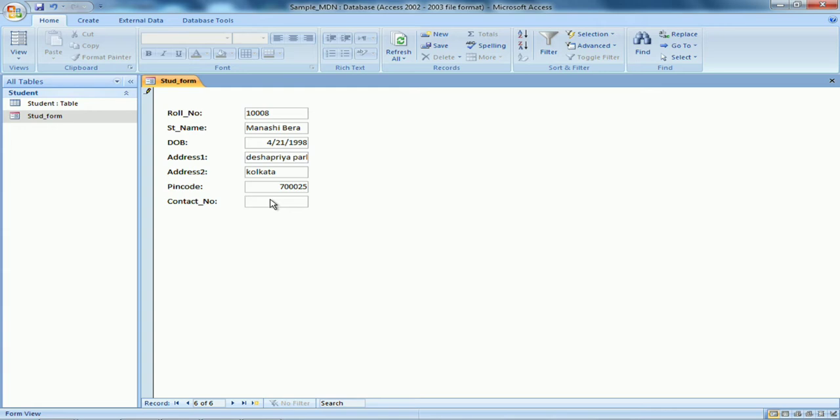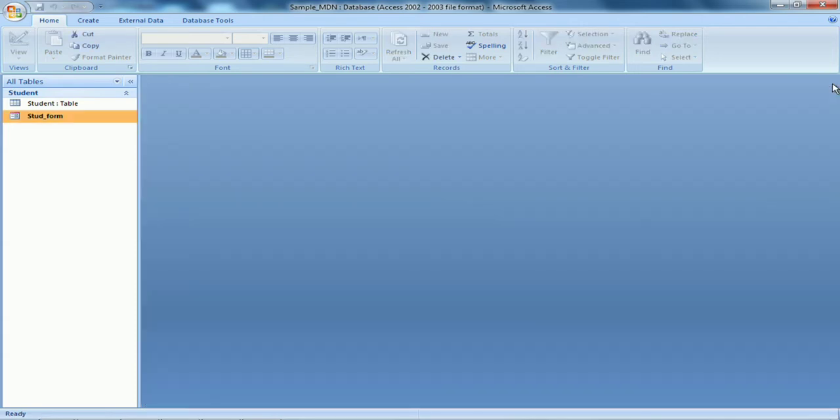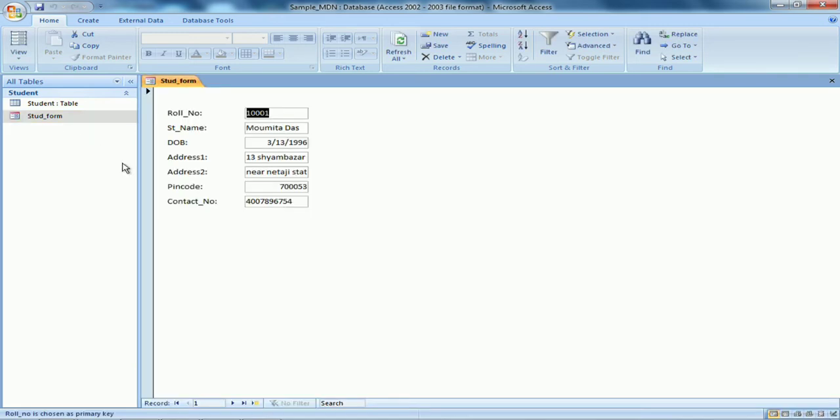Pin code, I will enter contact number. So as I click, it comes to the next record, and now 10 digits are filled up, so it goes there. Now I have the 6th record. Now let me close this from the close button.